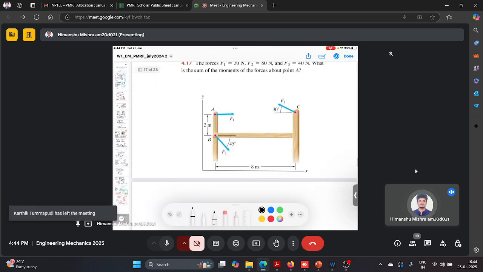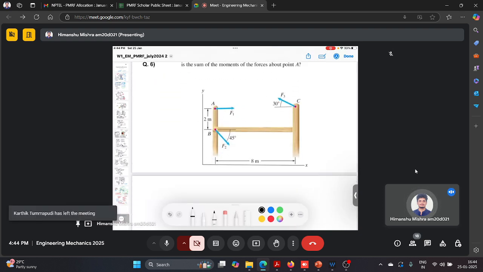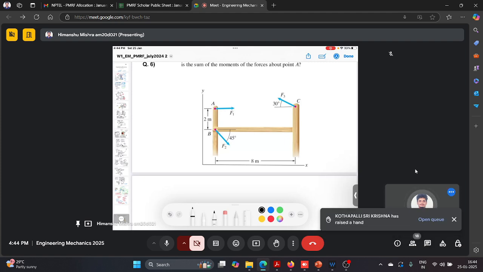So until now we have talked about the moments. We have talked about the magnitude of the moment. We have not discussed the direction of the moment, and how to consider the direction. So in this problem, yes,